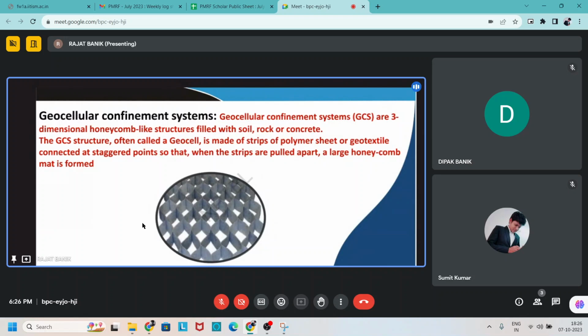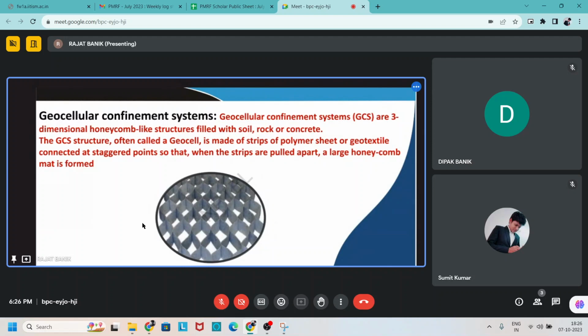The honeycomb, we see that in the composition of soil also, the soil particle structure is a honeycomb structure. In the same way, we can arrange geotextile or strips of geopolymer in a honeycomb structure,